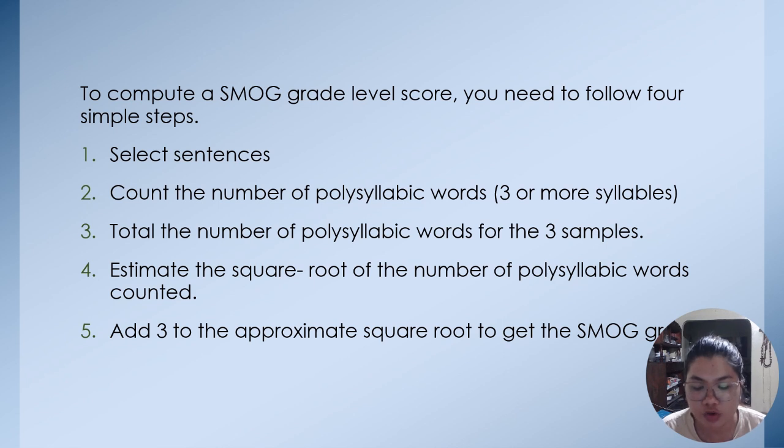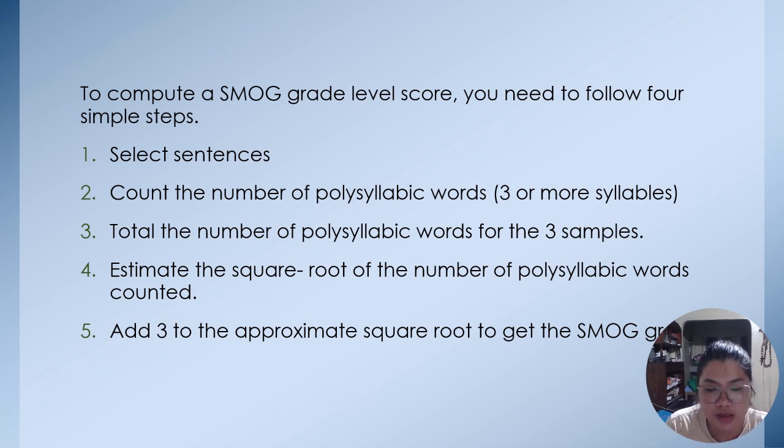For example, if your total is 51, it is between the perfect squares 49 and 64. Since 49 is nearer to 51 than 64, you get its square root, which is 7. So 7 times 7 is closer to 51 than 8 times 8. Then on the